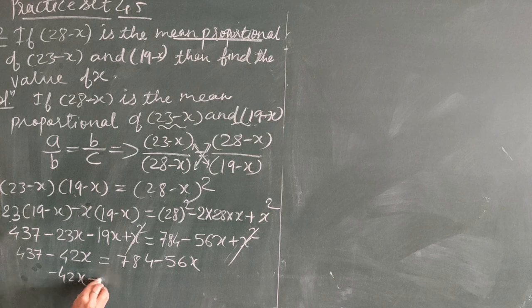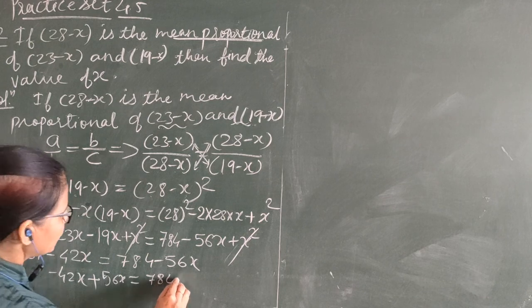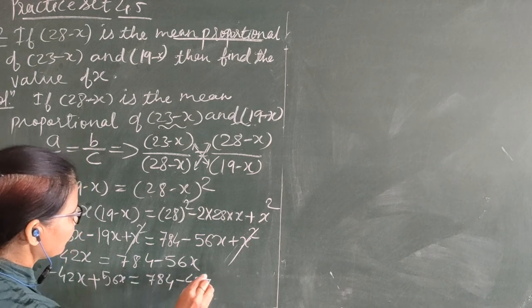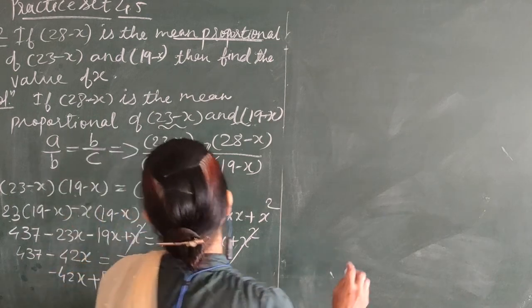Let's transpose this here, so it will be 56x, and this is 784 minus 437. Now let's simplify. Minus 42x plus 56x is equal to